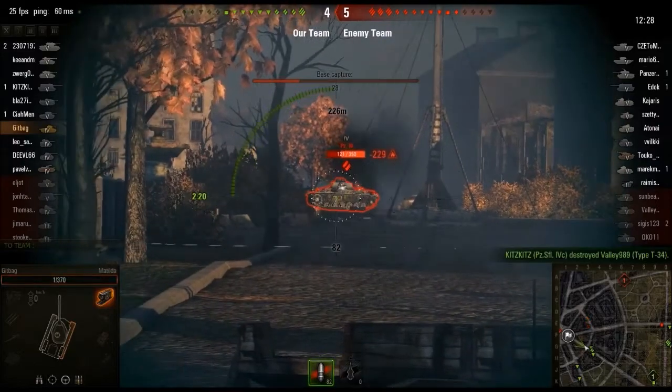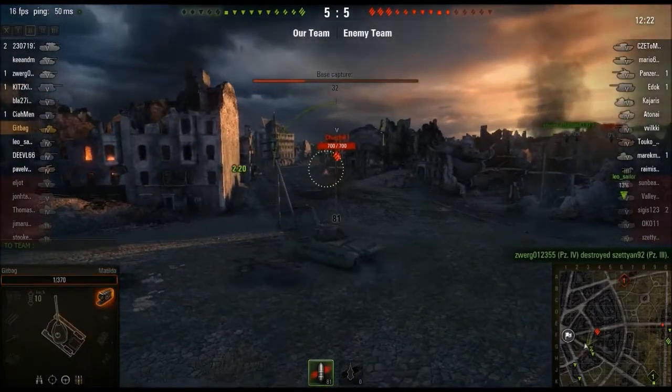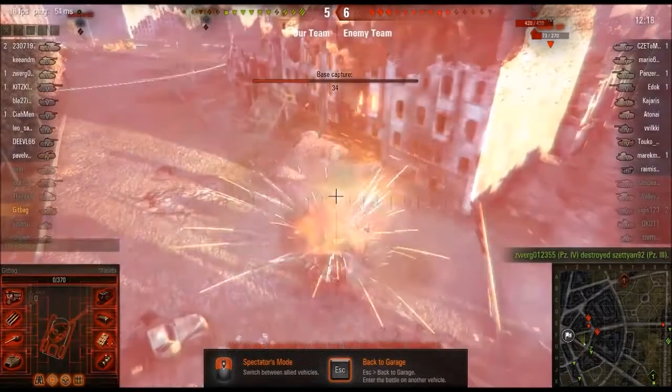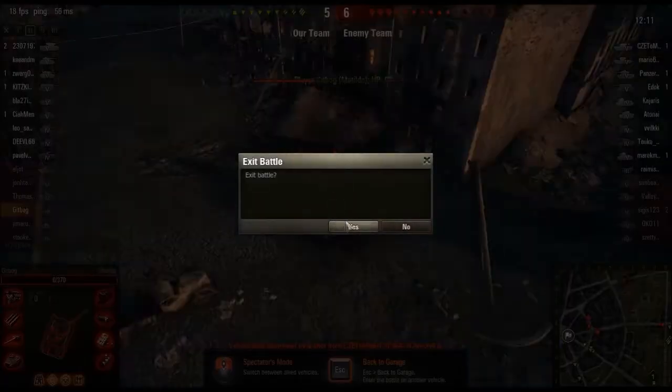I am going to die if I take another hit from a Moriarty or something with a high damaging gun, so I have to play it now very carefully, and that means not getting into a fight with something like that Churchill there, because that will happen. Okay, so that didn't go so well, of course, but